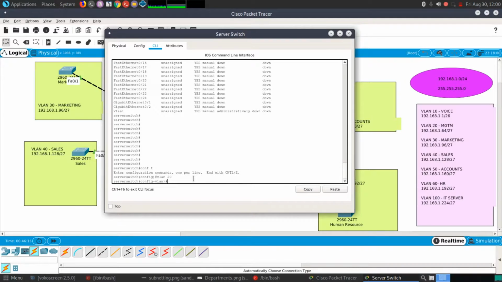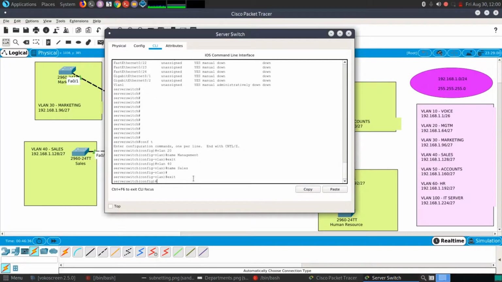VLAN 20, name management, exit. Let's go again. VLAN 40, name sales,